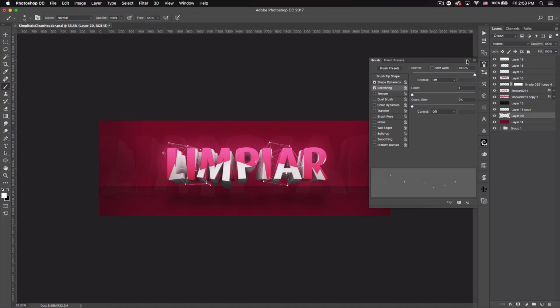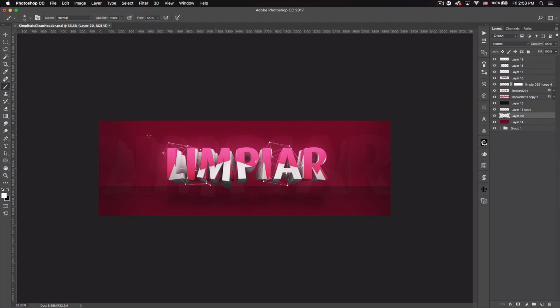We can increase the size too if this is too small, but I think this will be perfect. And what we want to do is just go ahead and start clicking around, and you can see we get a bunch of different size dots, and this is just a good way to create particles. I'm gonna go around and do this a little bit until I feel like there's enough. It's kind of like a starry particle effect, and don't try to put any of them anywhere special. Just click around, have no thought to it, just make it as random as possible, and boom, that is pretty